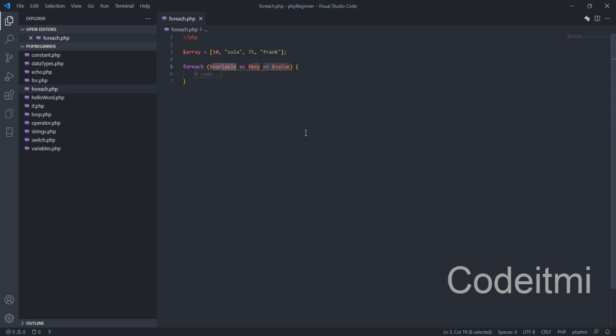So this is how you perform the foreach loop, and right here I can say array as value. Now if we echo the value out, and let's just do a break,